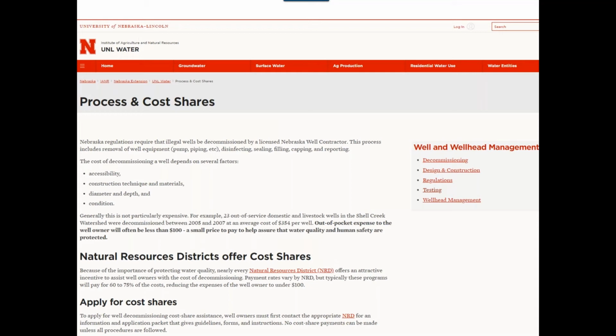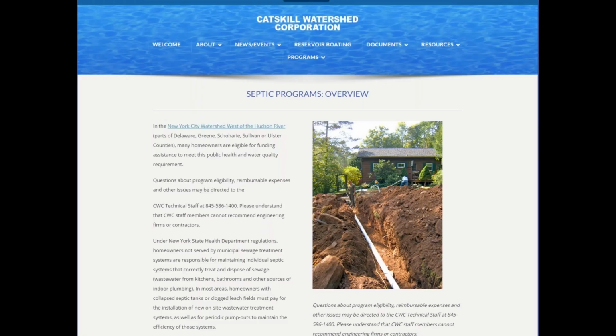Not only for your well itself, but if you have an old well on your property and you want to abandon it, there's a lot of information out there, and local organizations that are just trying to protect their watershed or their groundwater will cost share things like abandoning a well. The University of Nebraska-Lincoln does a range of things, but there are some that are even on your septic system. Especially out east, there are a lot of issues with septic and the Chesapeake Bay.